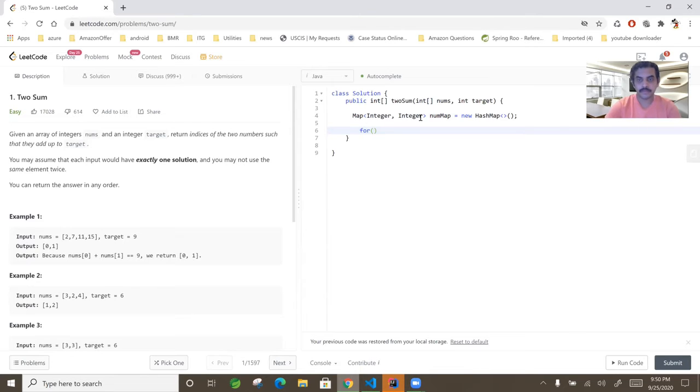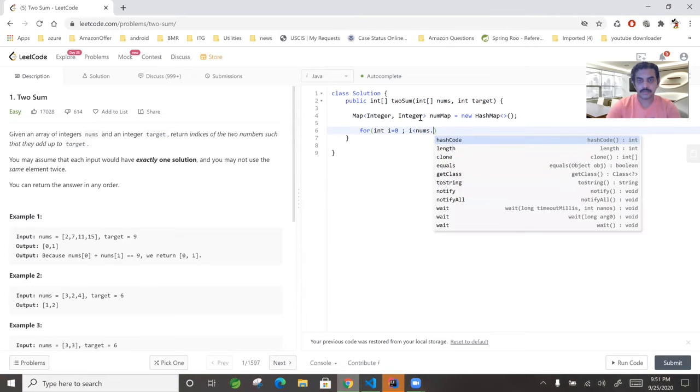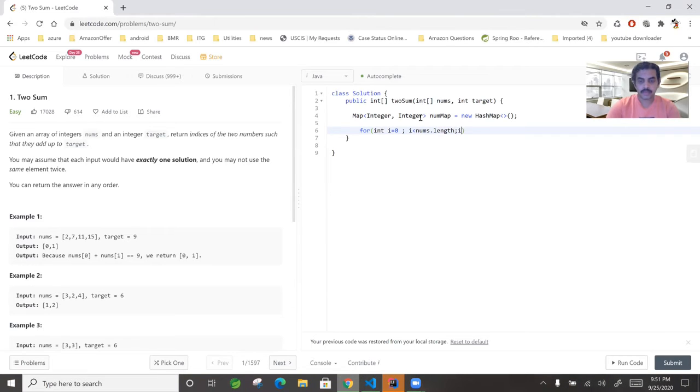For i equal to 0, i is lesser than nums.length, i plus plus, and now let us write int complement equal to target minus